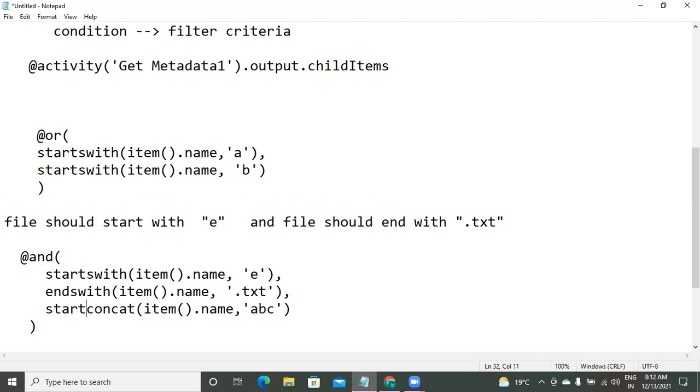Here my condition startsWith of concat of this one, the concatenated result should start with some X. This way, it doesn't matter how many conditions you are placing, simply each condition should be separated with commas. Got it?